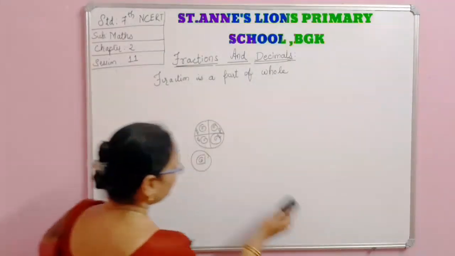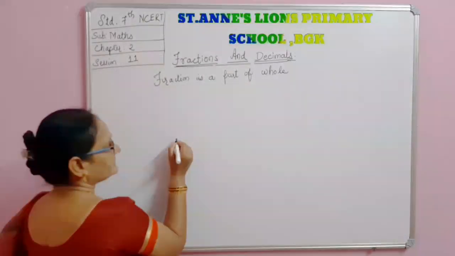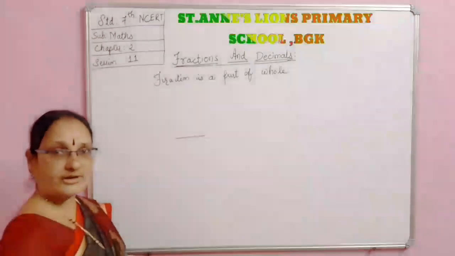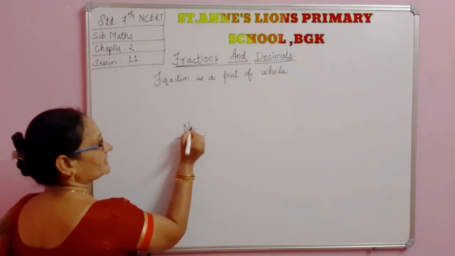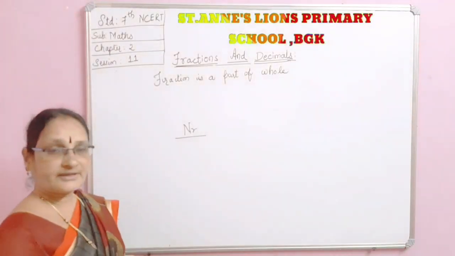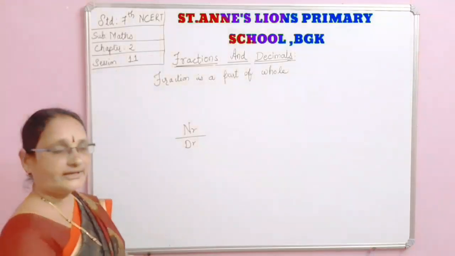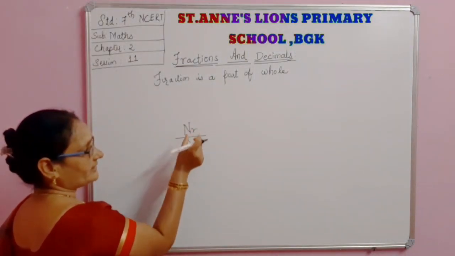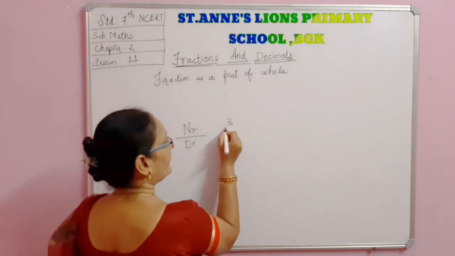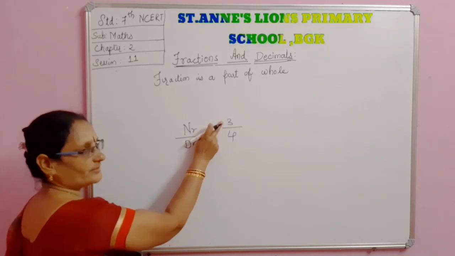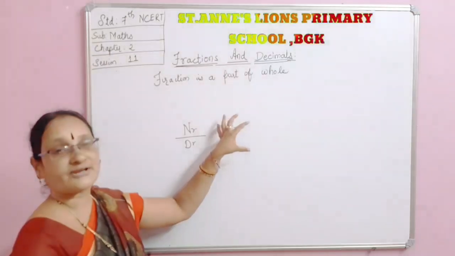Now, in the fractions, you know that there will be numerator and denominator. See, this is called as bar. Above the bar, that is numerator. Numerator in short we write it as NR. And below the bar, that is denominator, DR. This is bar, this is numerator, this is denominator. Numerator means here there will be one number. Suppose 3/4. 3 is numerator, 4 is denominator. And this is bar. This is one kind of fraction.